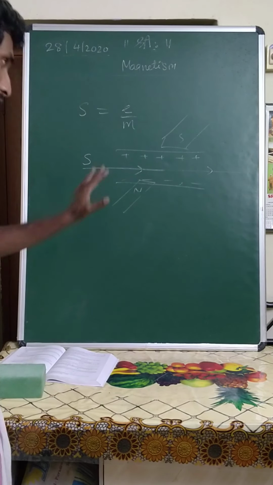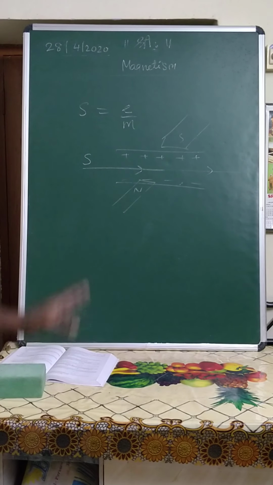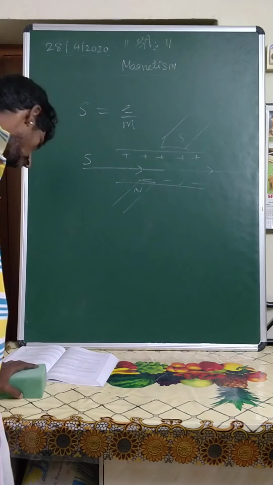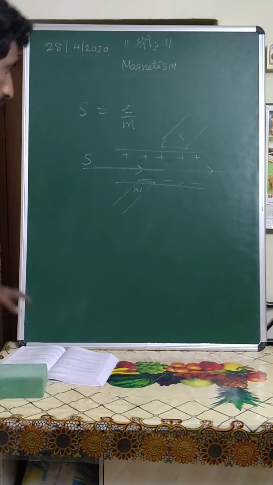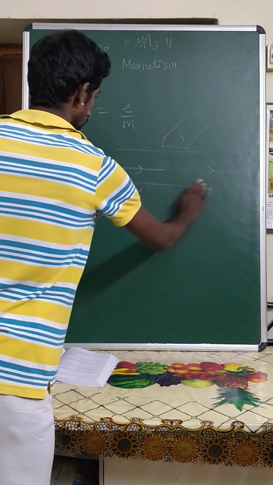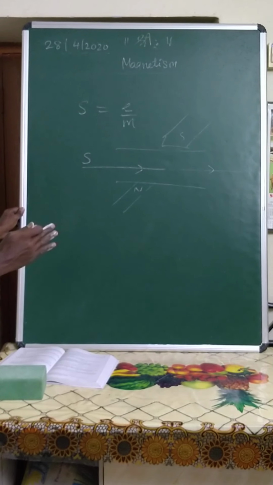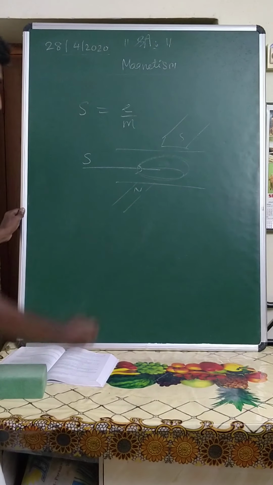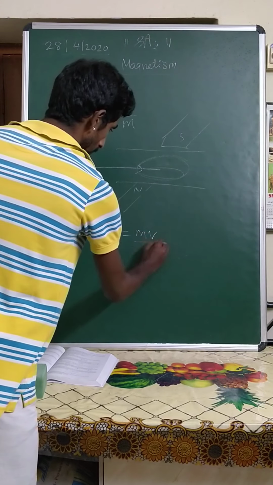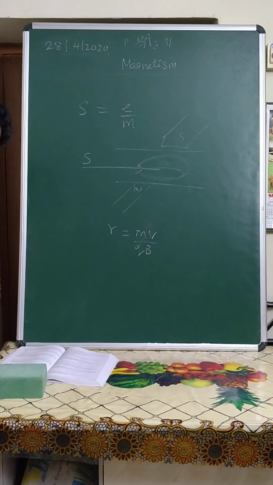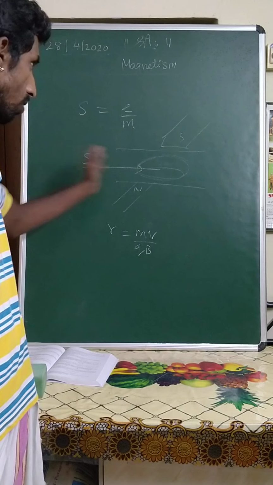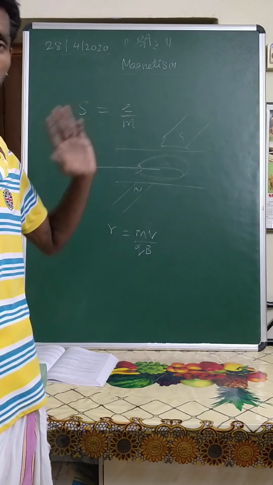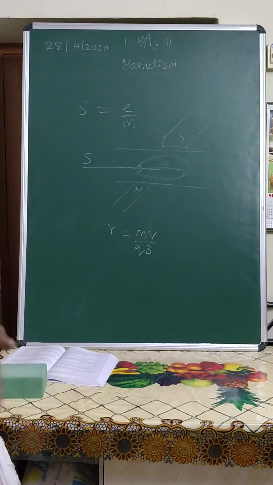When the electric field is switched off, you have only the uniform magnetic field. The particle will move in a circular path. We know that if the electric field is switched off, the particle tries to move in a circular path. They are asking for the radius of the circular path, that is mv by qB. So what radius will the particle move in? The problem is that a particle is projected with just a specific charge value. They don't give the value of the charge of the particle.